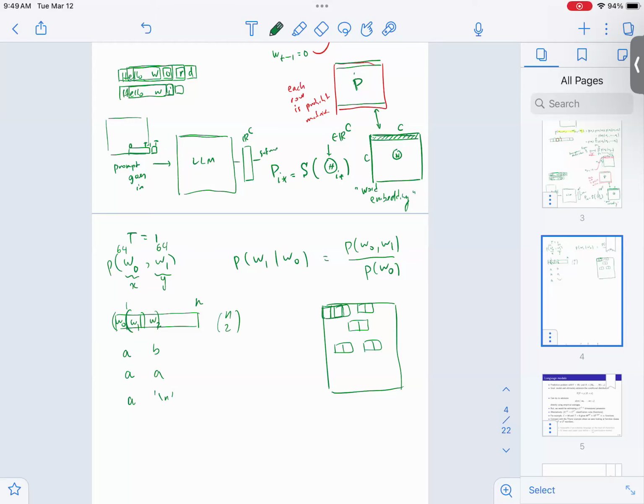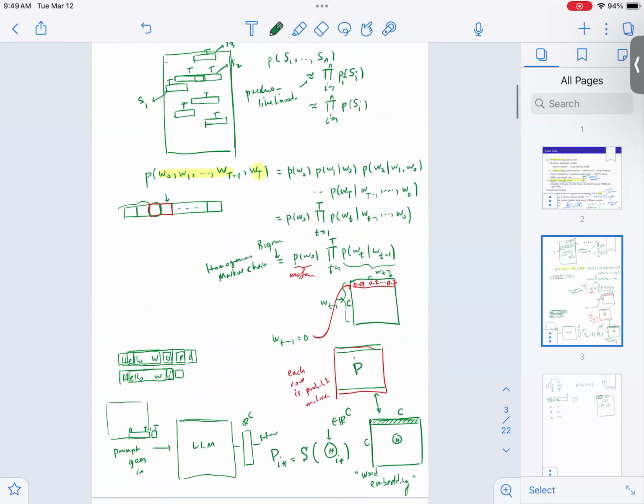That's actually the bigram model. That's where I wanted to go, and we talked about it last time. The more general model is that if you do a factorization, the probability of the zeroth word, and the probability of the first word given the zeroth word, the probability of the second word given the first and the zeroth word, and so on. This is the perfect factorization for a joint distribution. If you assume that all these probabilities,